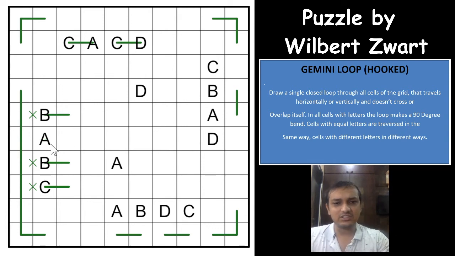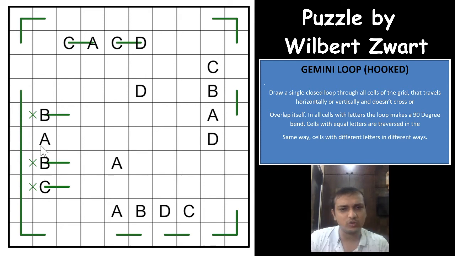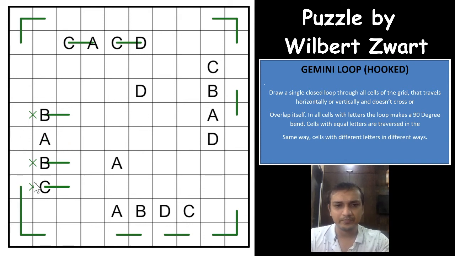Excellent, that is the sharp logic here. If C goes towards the right, B also goes towards the right, and this line goes up, and there will be a line here also, because every cell has to be passed. Every cell will have to be used, which means that now A cannot find an intersection. In this loop puzzle, you cannot have an intersection or a branch. You will have to form a single closed loop. So A cannot go towards the left, and A also goes towards the right. Here A goes towards the left, and here A goes towards the right, which is not possible, right?